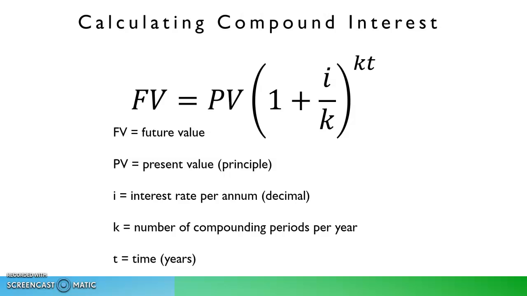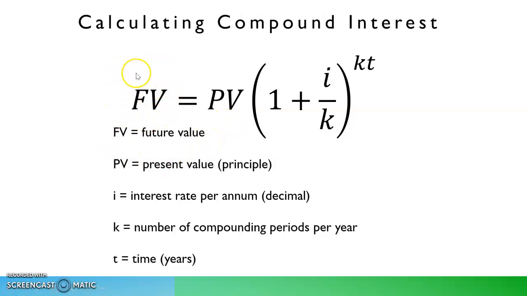Compound interest, the formula looks a little bit more complicated, but it works off the same principle that we used with the simple interest formula. You need to identify what each of these components of the formula mean, find out what values match them, work out what values you know, work out what values you don't know, and then use the formula to solve for that unknown value. All right, so